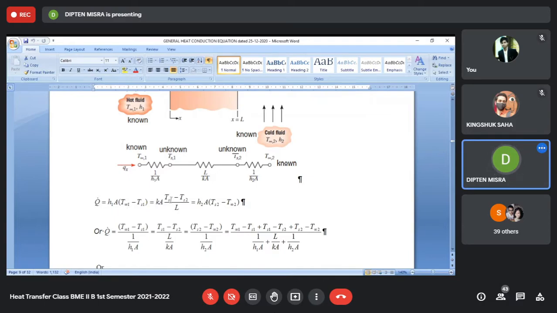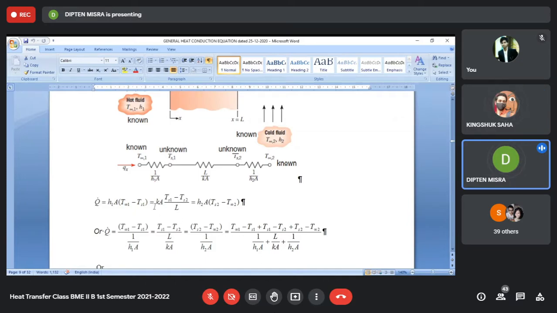And the same heat has to flow across the thickness of the wall. That magnitude is given by K into A into TS1, the surface temperature on the left hand side, minus TS2, the surface temperature on the right hand side of this wall, divided by L. This is the temperature gradient, because we know that if the body is under steady state and there is no internal heat generation, with one directional heat flow, then the temperature change will be linear, and the gradient will be equal to the higher temperature minus the lower temperature by L.